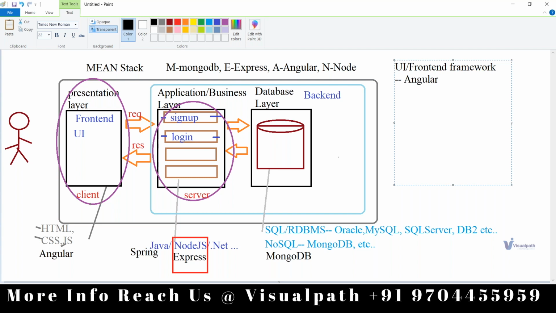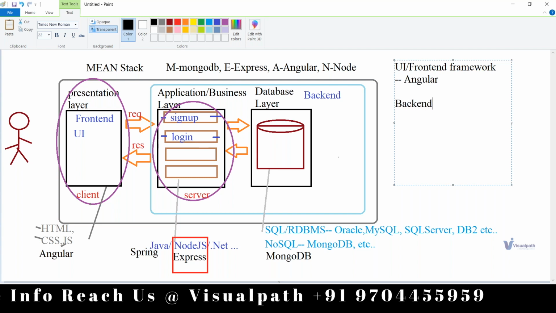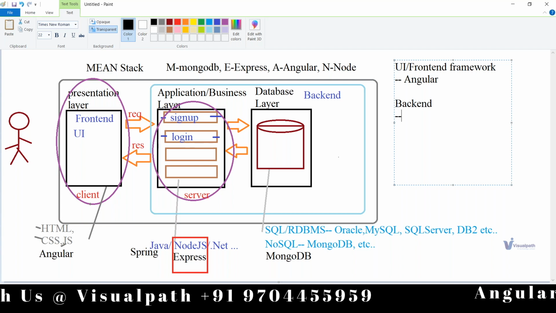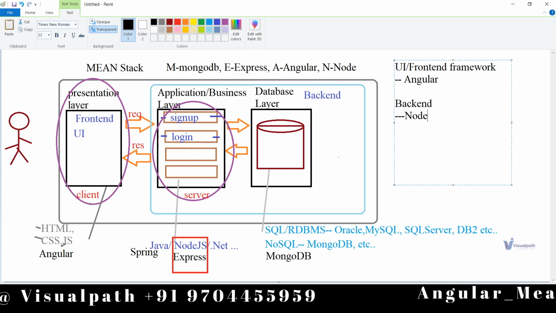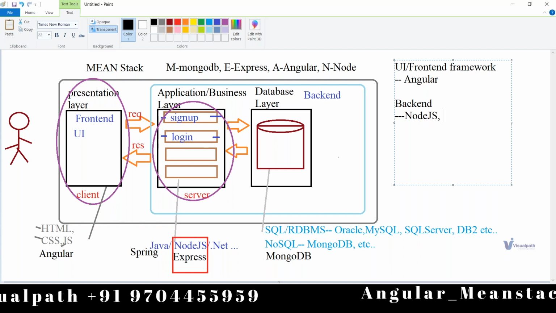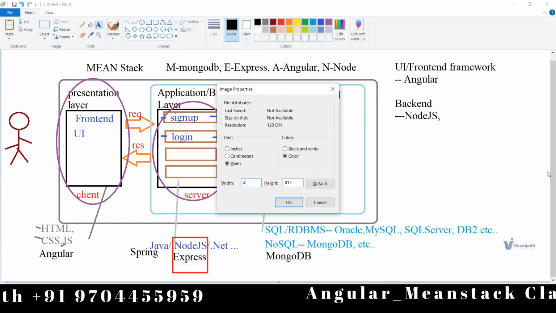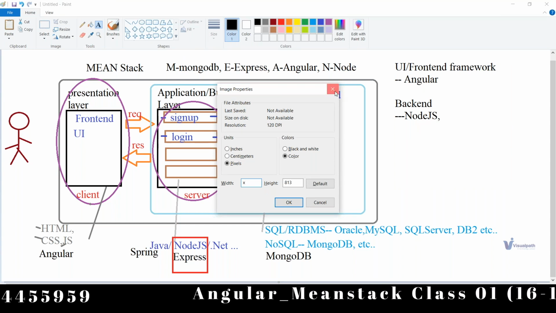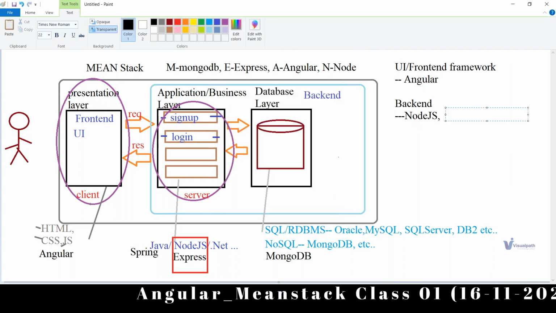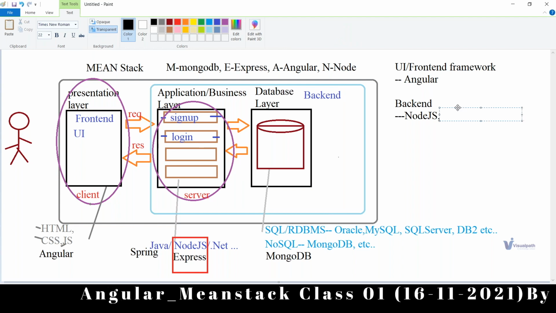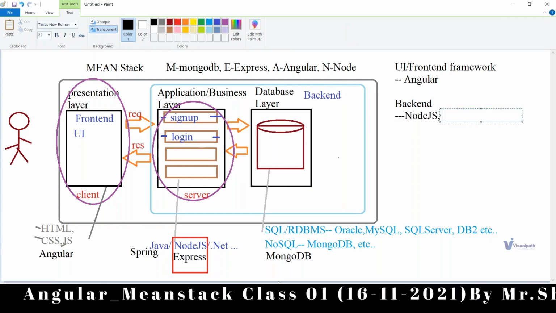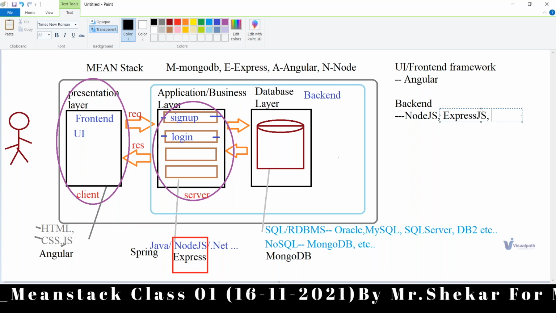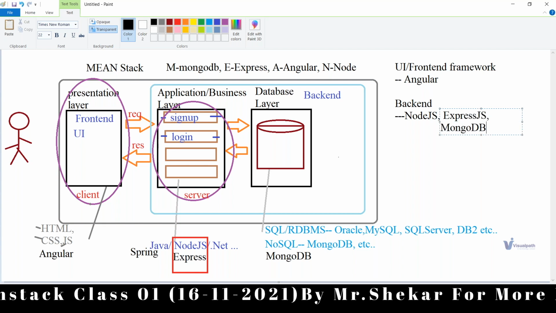And next comes your backend learning, where we will be learning Node.js, Express.js, and Mongo.